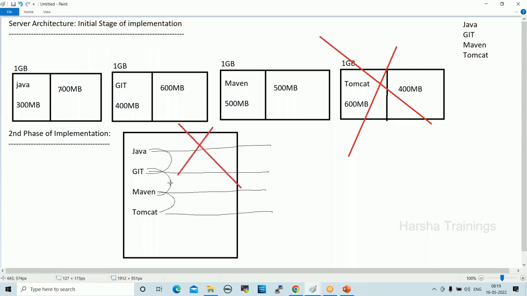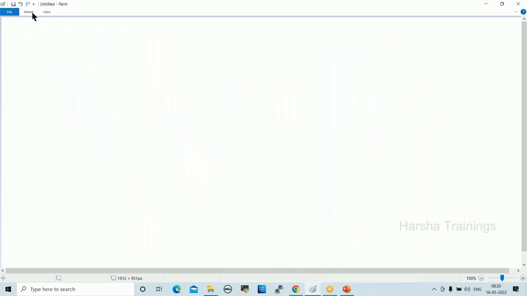And one more drawback is, if the server crashes, what will happen? All the applications will be gone. Crash means corrupted, right? So if the server crashes, all the applications will be gone. That is a major drawback. So that is why the second phase of implementation also failed here. This model also failed, right? Next one, later in the third phase of implementation,